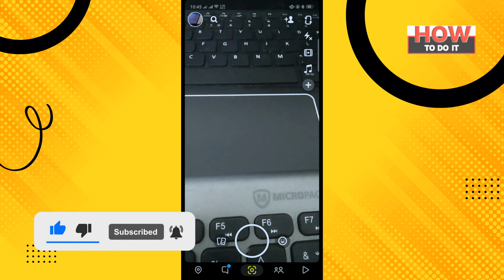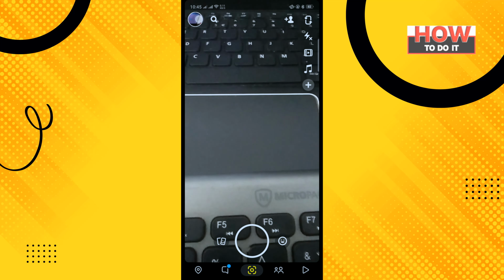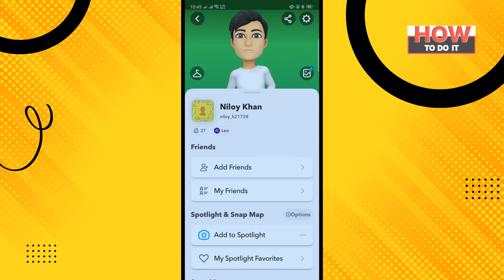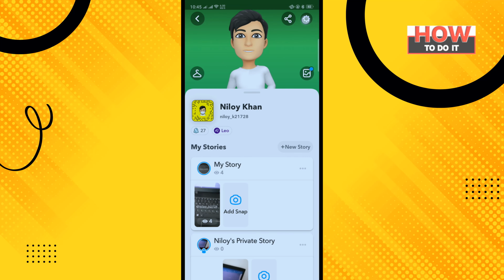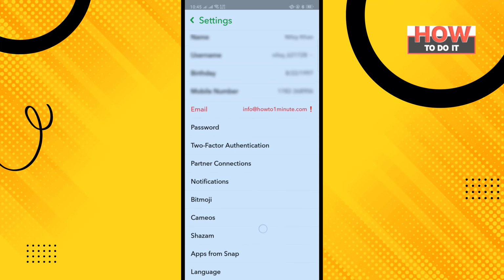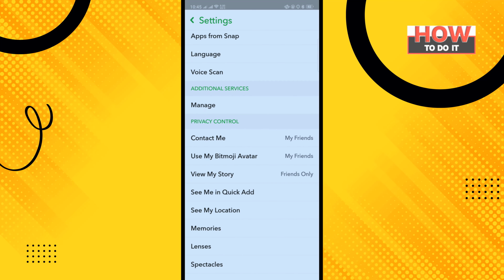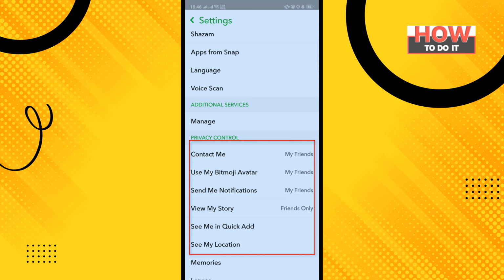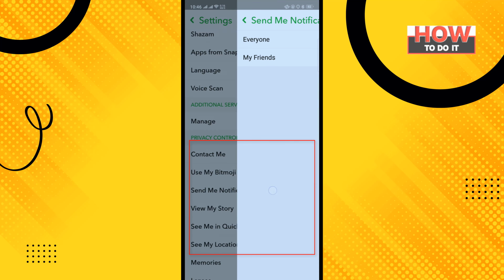How to do it: open your Snapchat app and tap on your profile icon at the top left corner and tap on settings at the upper right hand corner. Scroll down and inside of this privacy control, tap on contact me and select everyone. So select here everyone for all of these options